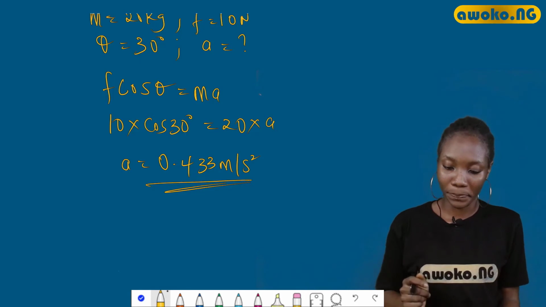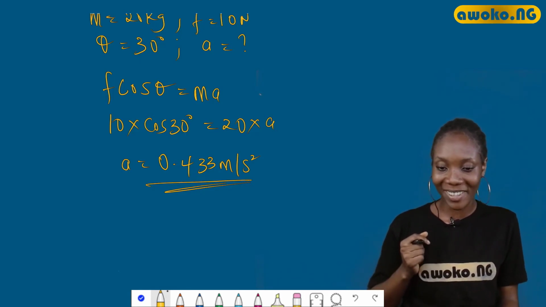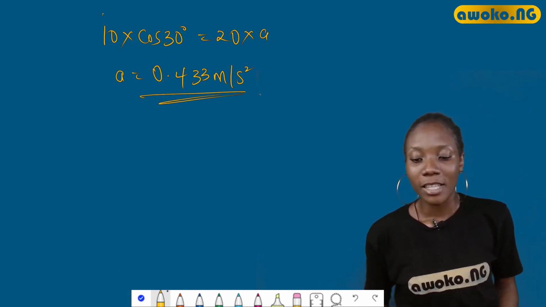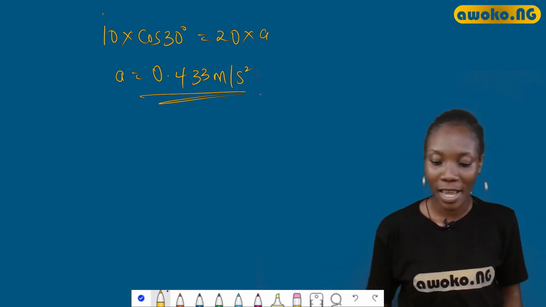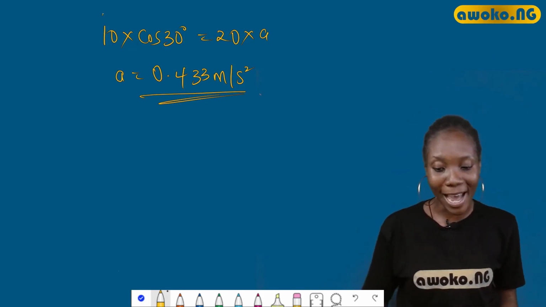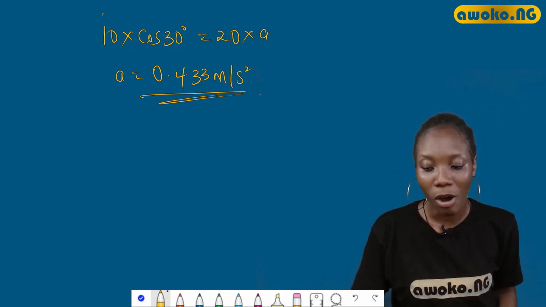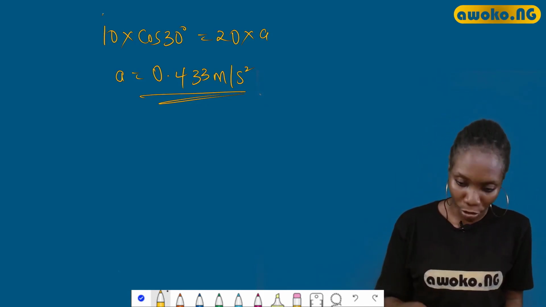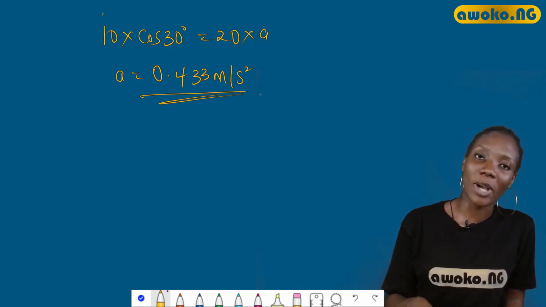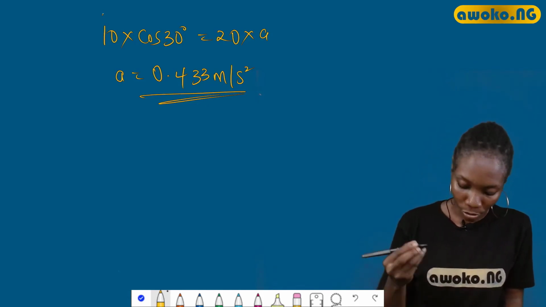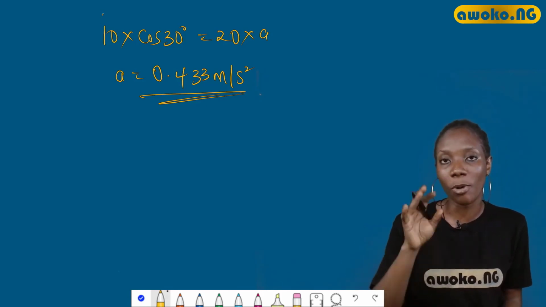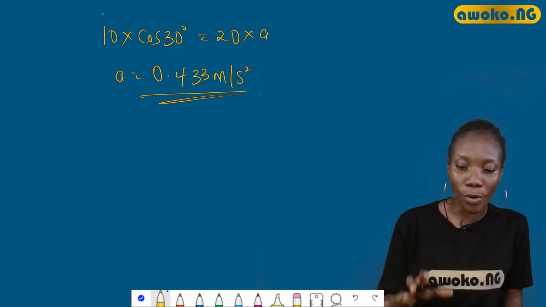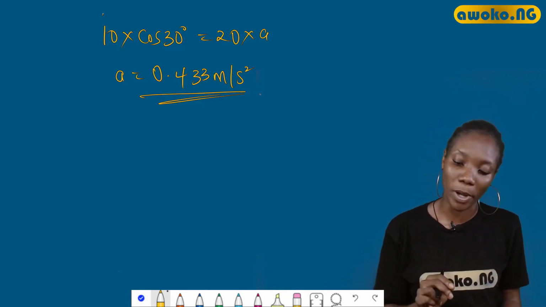All right. Who is with me on this one? I feel excited already. This question says, a body again of mass 4 kg undergoes a constant horizontal acceleration of 3 meters per second squared. At least this time we're given our acceleration. So let me read out the question first before we take down our parameters. The body of mass 4 kg undergoes a constant horizontal acceleration of 3 meters per second squared.